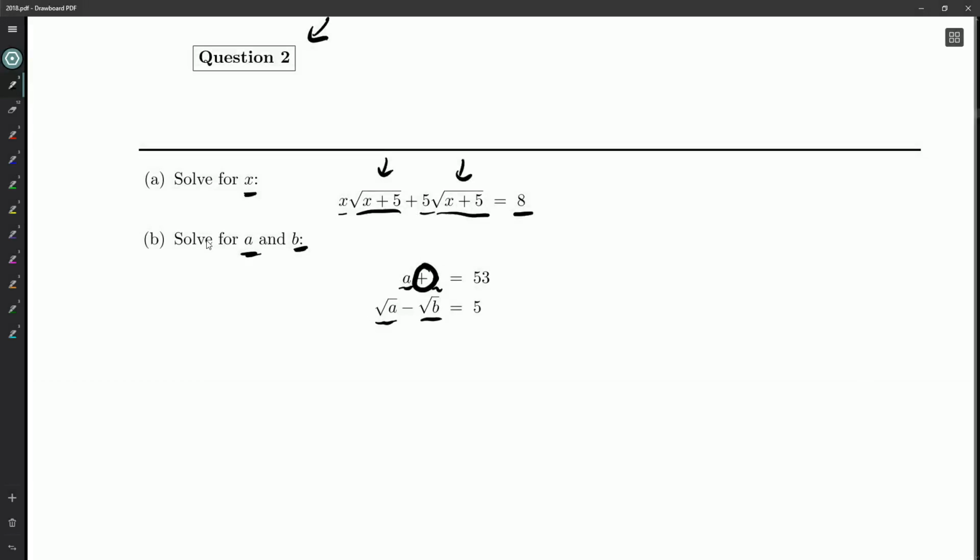But there we go. We've got A and B. We know exactly what they need to be. So